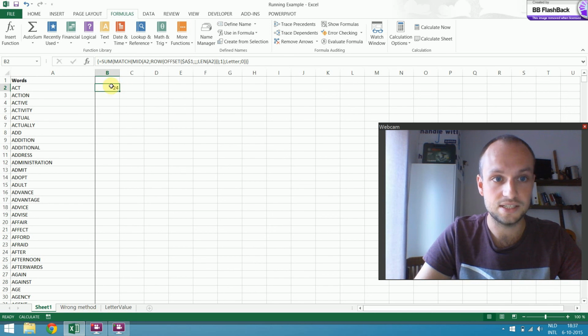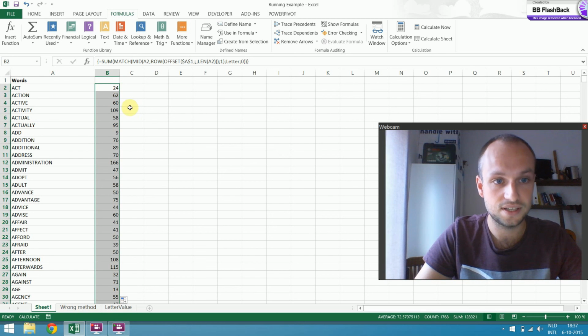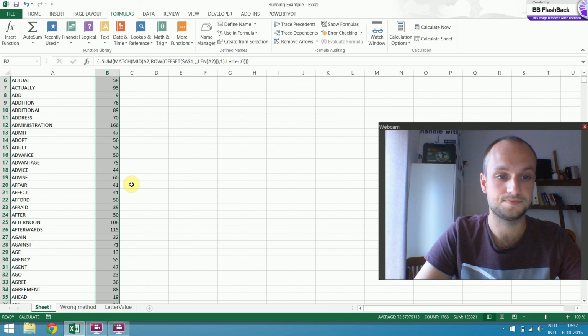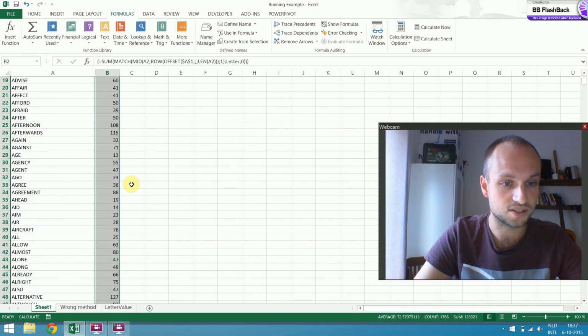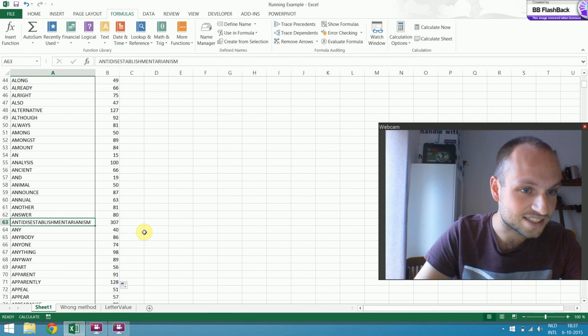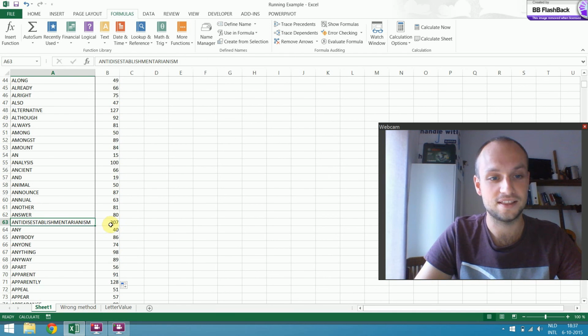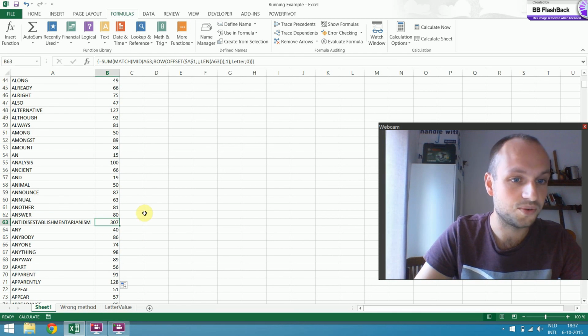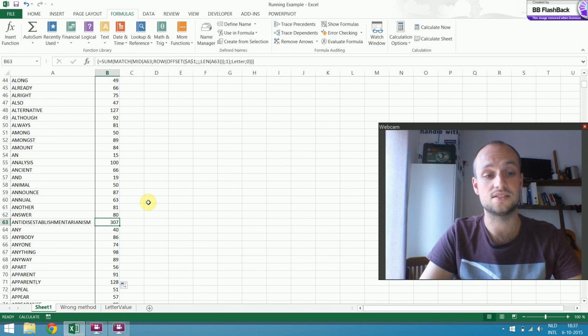But this is independent of the length of the word. So if I drag this down, then I get the correct values for all the words. And if I scroll down to our nasty long word, anti-disestablishmentarianism, then it's got the correct value of 307. And this is exactly what we wanted to calculate.